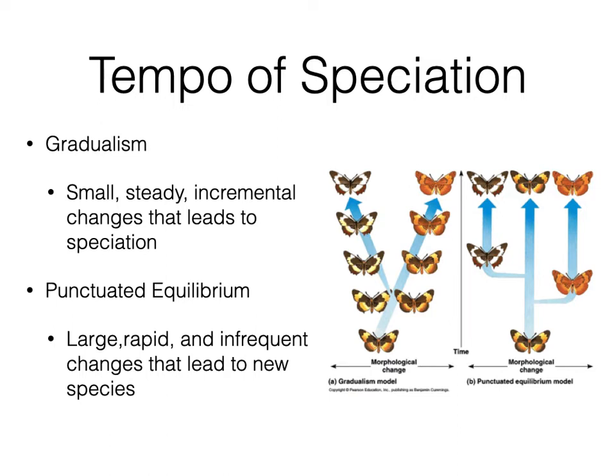And so the take-home message is that there's a different speed or a different rate at which changes happen within a population that might lead to different species. So the next question is, which one is more common and why? And that's a good question.